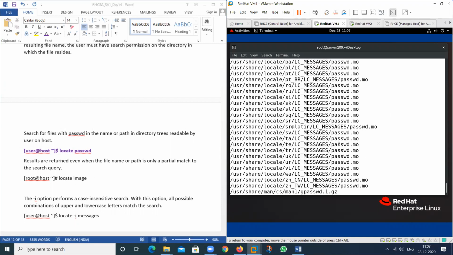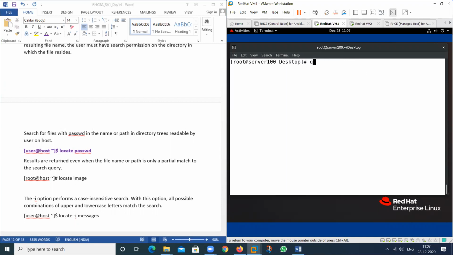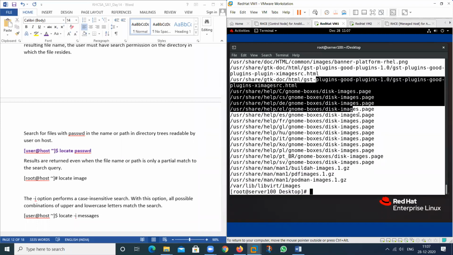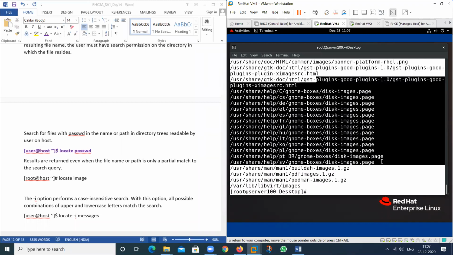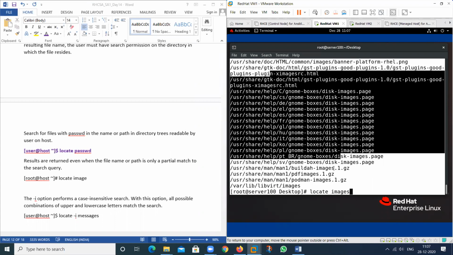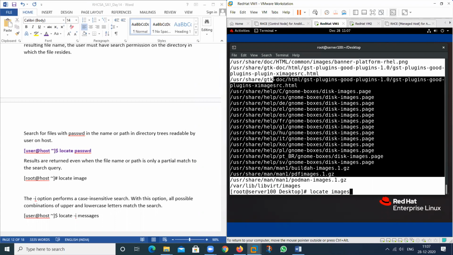So suppose we have another file, that is images. We also have a file images. See, all the images files you can search, but suppose this name starts with capital I, capital P, any, then all the files that start with capital I will not show you.